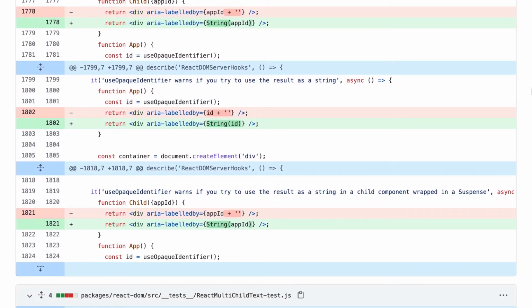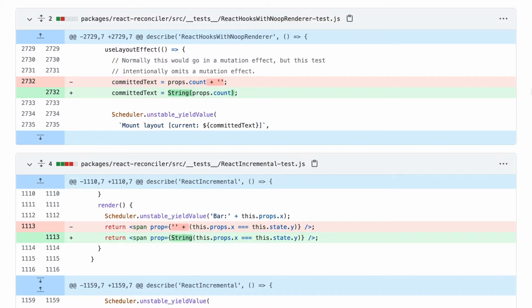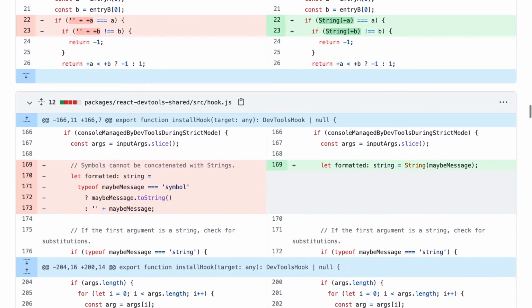The sections in blue are there to add additional context about where in the file these changes are located. For example, if the changes are inside of a code block or inside of a function, that information will appear in the blue area. There are two ways to browse diffs: unified view and split view. In a unified view, changes are displayed together in a continuous way. In a split view, changes are shown side by side, with the original version on the left and the changed version on the right.